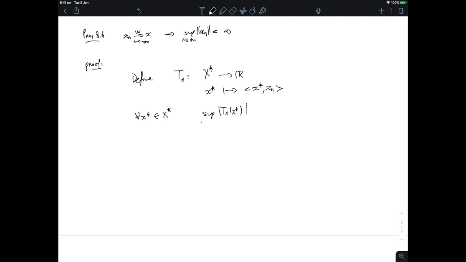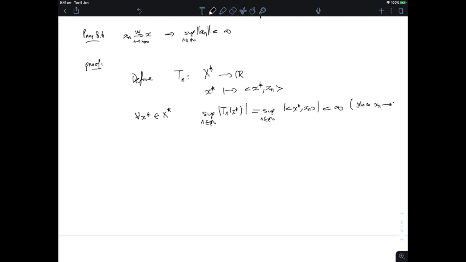Well, it is the supremum of the |⟨x star, xn⟩| by definition, but I know that weak convergence implies that these sequences of real numbers converge. So if they converge, then they have to be bounded. So this has to be finite